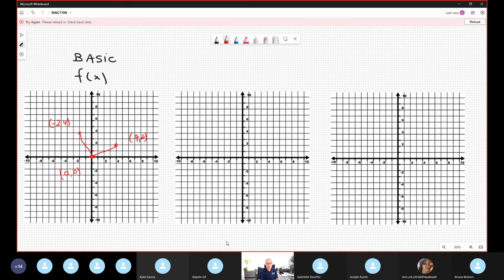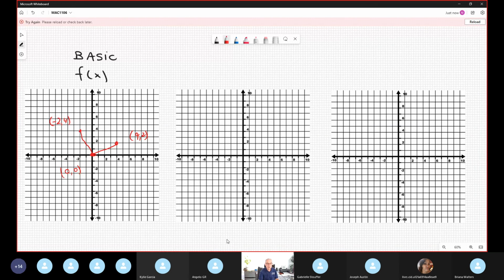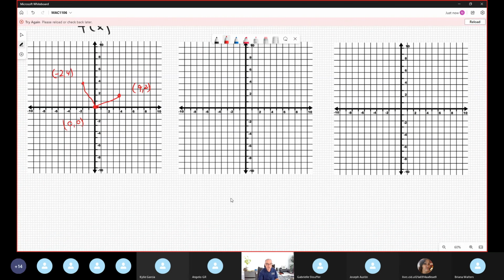Now I need to transform it. How? Well, the final answer I need is y = 2 times